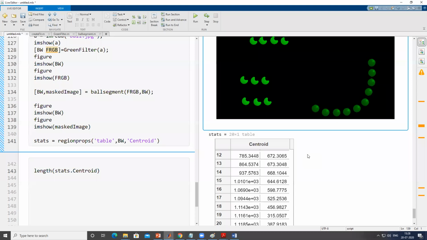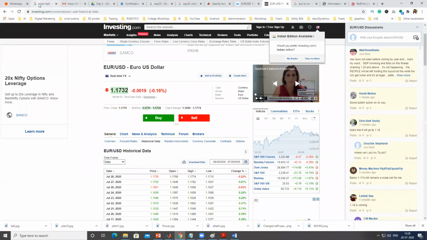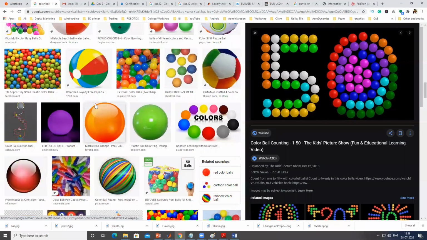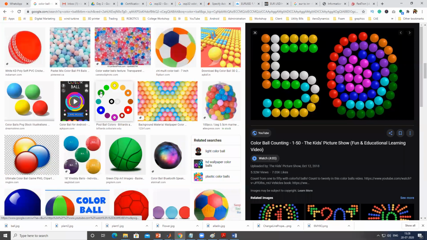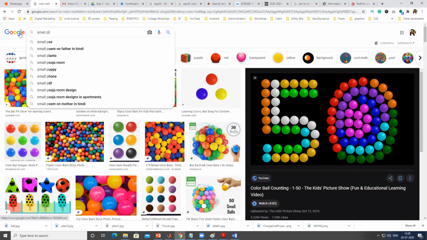Yeah, that also we can do. Suppose let me take a good plant leaf. Because as I said, right now whatever algorithm we have created, a simple algorithm, it just counts the number of green particles which are separated from each other. So in order to, say, all plant image.